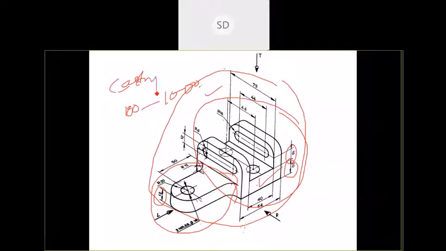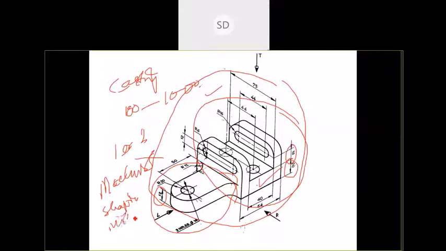If they need one or two, they will go for machining. So by using various types of machining, that is shaping, milling, and drilling, they will go for different types of machinings. That is a different thing. Okay. Now